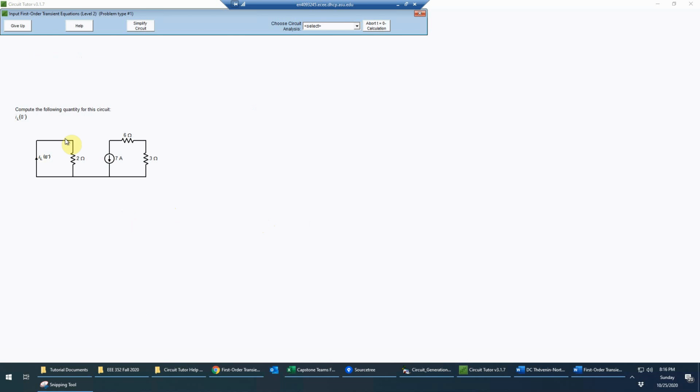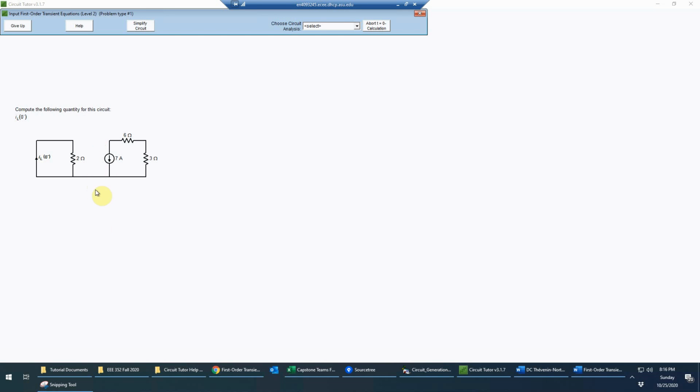And now I can observe that this circuit is very clearly what we call hinged. Notice that there are two parts connected by a single wire here. Sometimes it's not quite that obvious, but here it's very obvious. It's been actually drawn that way. And as you may have learned in the last part of the introductory tutorial for DC superposition, when you have two parts of a circuit that are connected by a single wire,